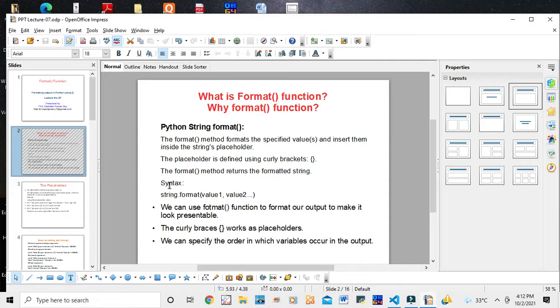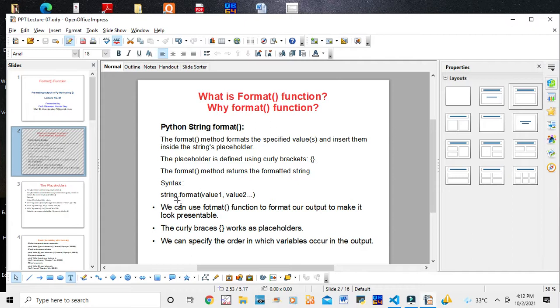What is the syntax of this format function? That is string dot format, where for the string you can use anything: string.format(value1, value2, etc.). You can add more. Along with examples, you will understand this theory very clearly.